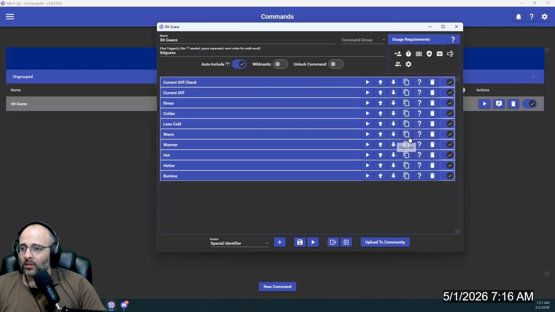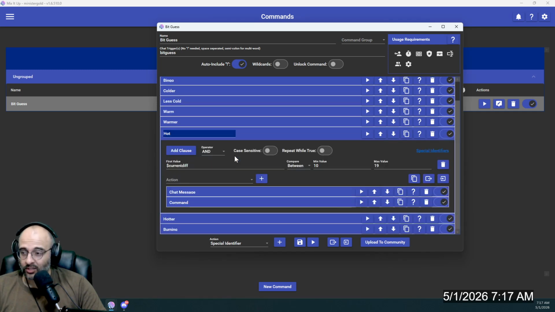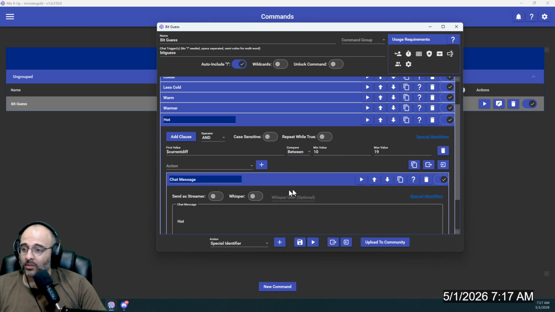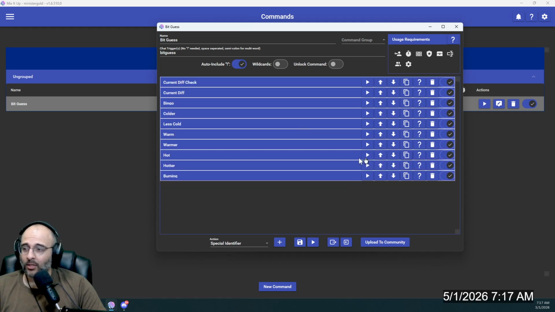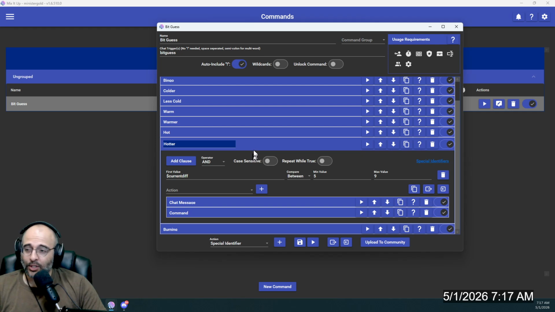Duplicate. This is hot. So this is if the current diff is between 10 to 19. Hot. Exit command. Duplicate. Now this is if it is between, okay, I want this to be actually between 6 and 9. And I'm not doing that because of a funny number.